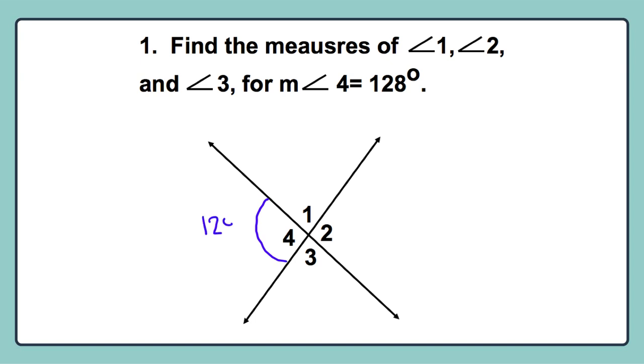2 is equal. Why do you say 2 is equal to it? They're vertical. Because they're vertical. All right, so the measure of angle 2,